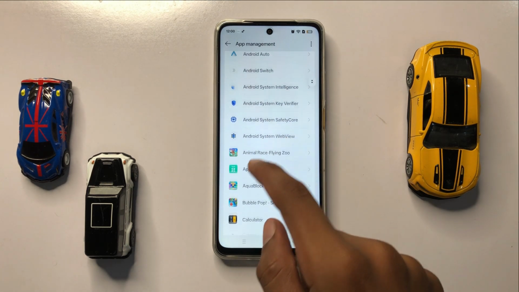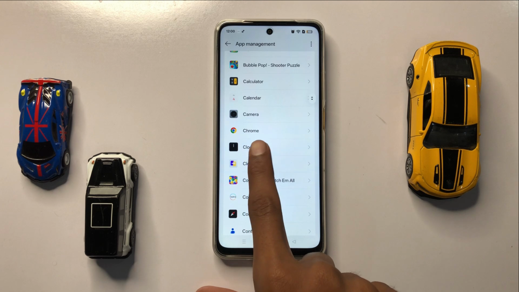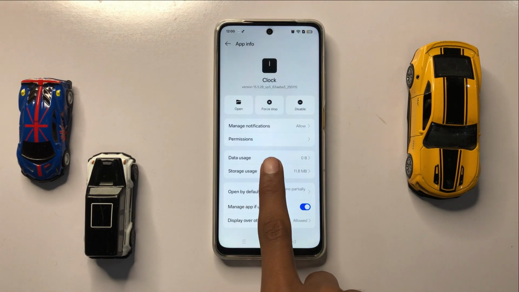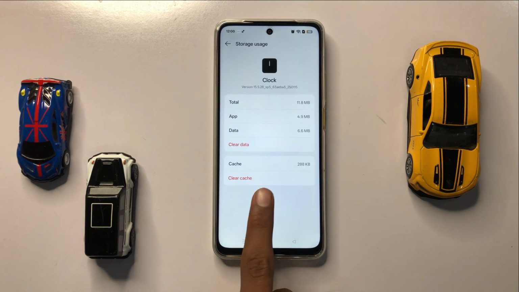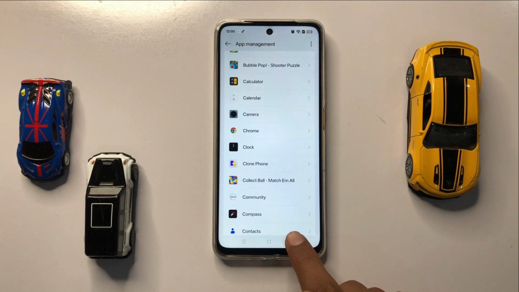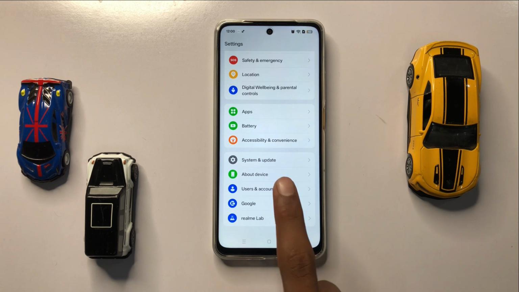Now scroll down and here you can see the clock app. Now click on clock app and then click on storage usage. Now here you can clear the cache memory of clock app. After clearing the cache memory, go back to the main page of your settings and click on system and